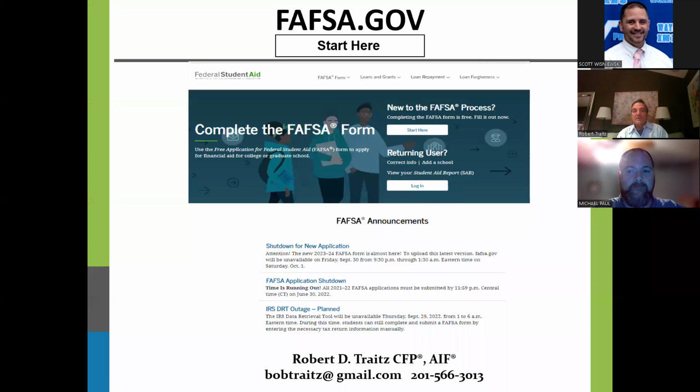Once you go to the FAFSA.gov website, and again, don't Google it, because Google will take you to many areas astray. You don't want to put any personal information into a website that is not the intended place to go. On the FAFSA.gov website, you'll see at the top of the page, complete the FAFSA form, and that white box says Start Here. When you click the Start Here button,